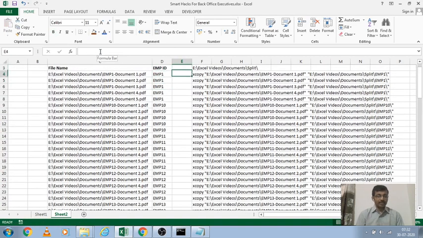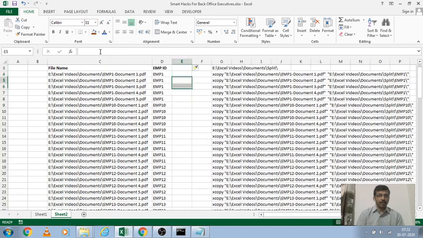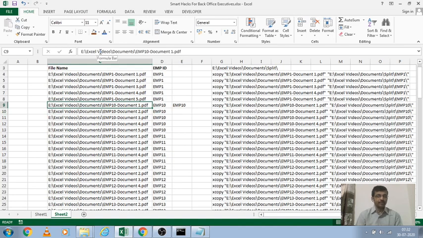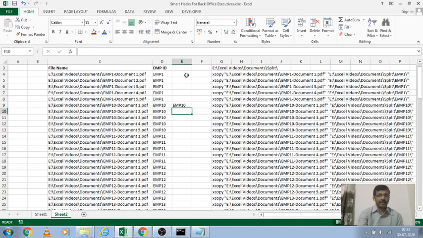There is another very easy option in Excel 2013 and above. Just type a unique ID here, employee 10, because employee 10 has 5 digits, 5 characters. After typing this employee ID, press Ctrl+E.